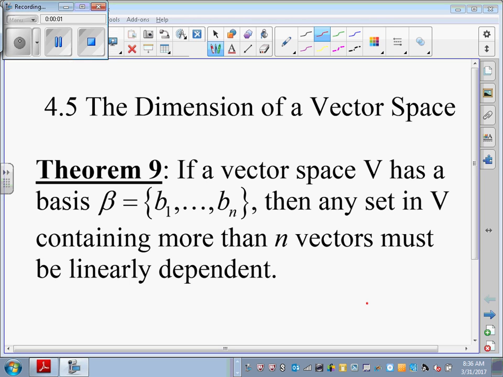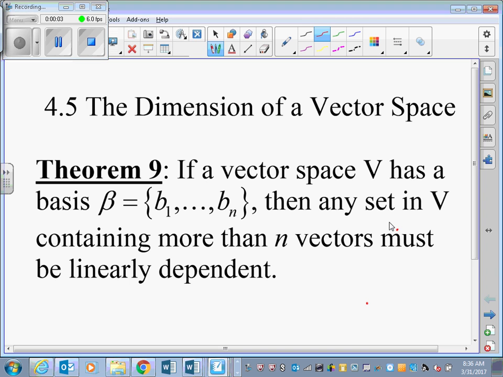All right. Back with 4.5, the dimension of a vector space. Theorem 9. If a